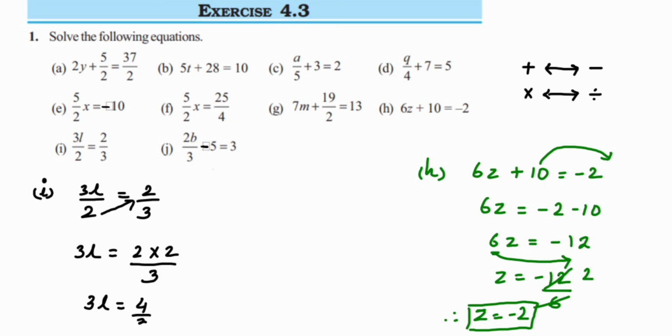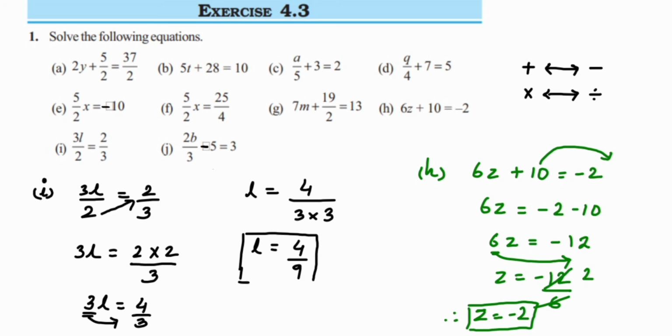Then next one. 3 is in multiplication. When you take it here it comes in division. So L is equal to 4 upon 3 multiplied by 3. This 3 is in division with 4, remember that. So therefore L is equal to 4 upon 9. We cannot cancel anything further, so this will be the final answer. Then the last problem